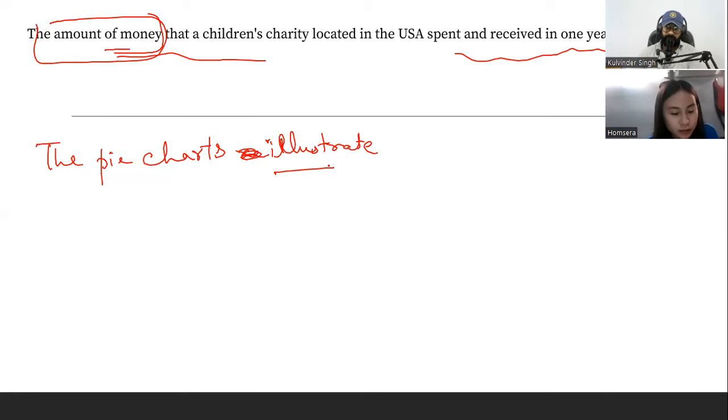Any idea? Okay, don't just brainstorm yourself, I'm just giving it for brainstorming. That's okay. Now, the pie chart illustrates